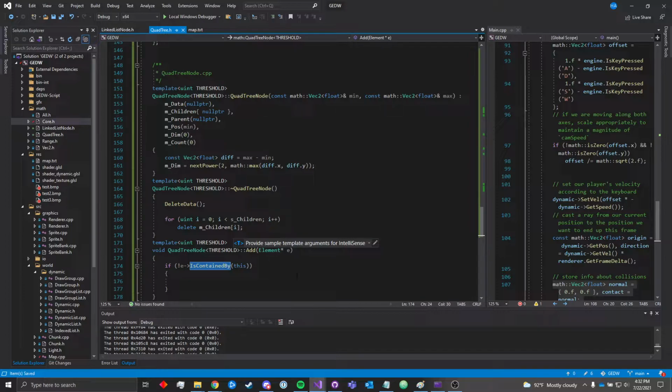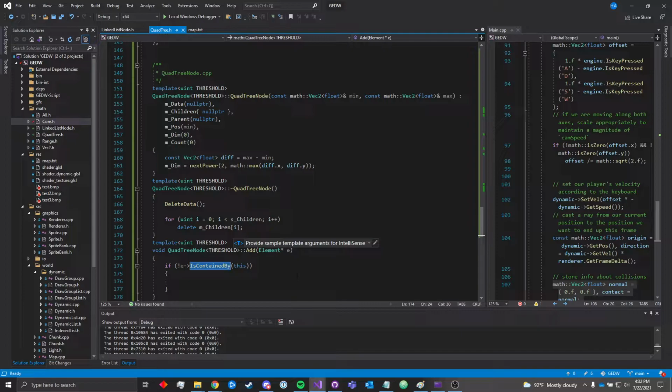The quadtree is a universal structure that can operate on 2D space, regardless of what's contained within that 2D space. It doesn't really care. The elements are what define all the actual interactions that take place. The node just handles stuff efficiently, moves memory around so that there aren't a whole bunch of pointless collision checks that happen, but the elements are the ones that actually perform those collision checks